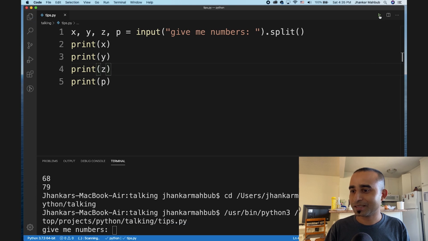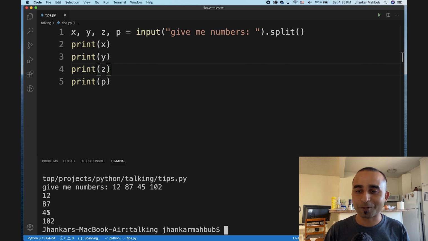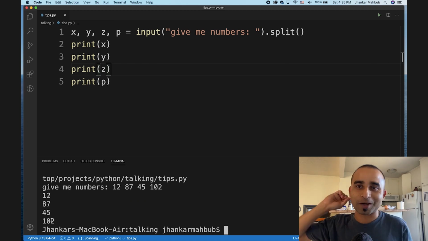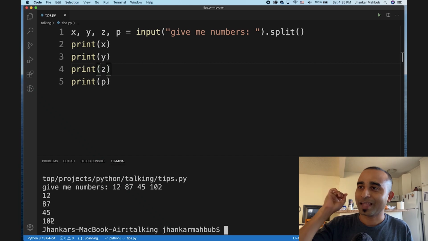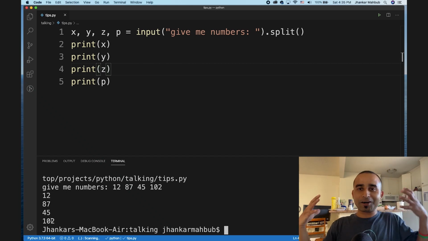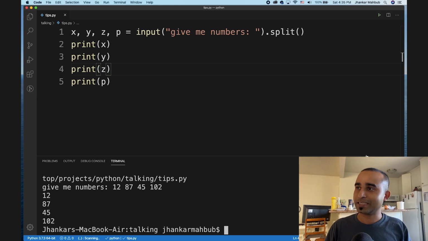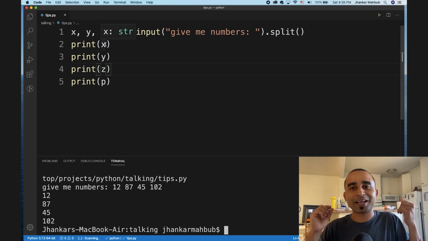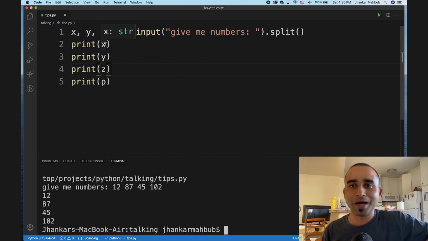Play this, and it asks for numbers, and I put maybe 12, space, 87, 45, and maybe 102. So I put 4, I entered, and all 4 are logged at the bottom. So clever trick number 1: if you want to get a lot of things as input, just put a split at the end and take as many inputs as needed, just separated by comma. So this is number 1.